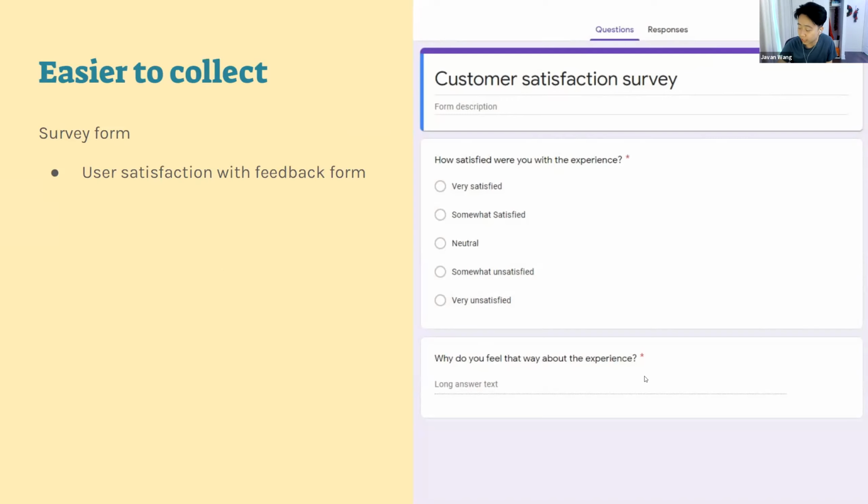But the most important thing is, remember what I said earlier about metrics needing to be contextual. It's very, very important that you ask them to elaborate on their answer, because with just a singular sentiment, a singular score of 1 to 5, it's very difficult to understand the rationale for why someone may feel that way. But if you can attach a rationale associated with that feeling, it makes it a lot more useful.